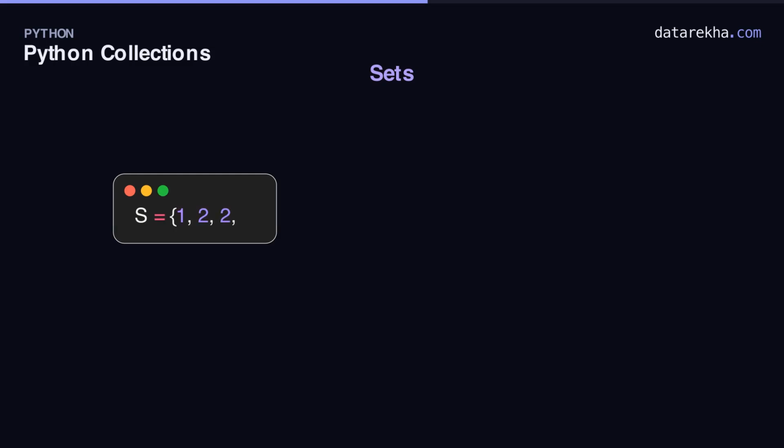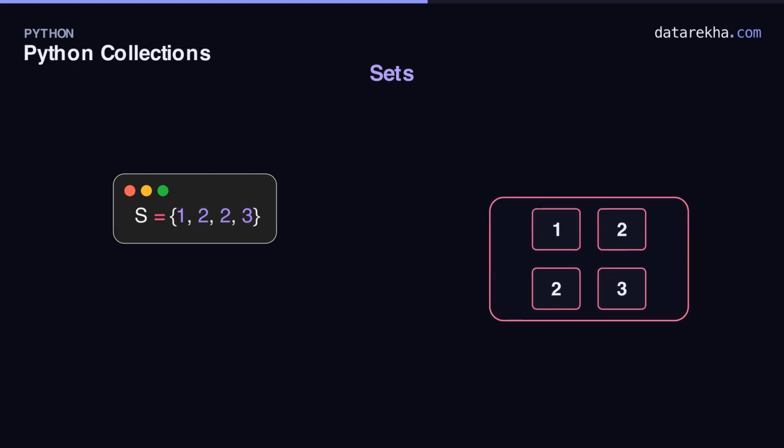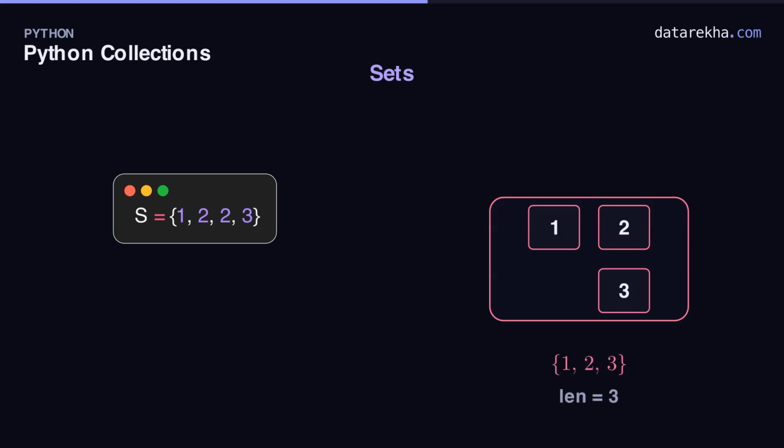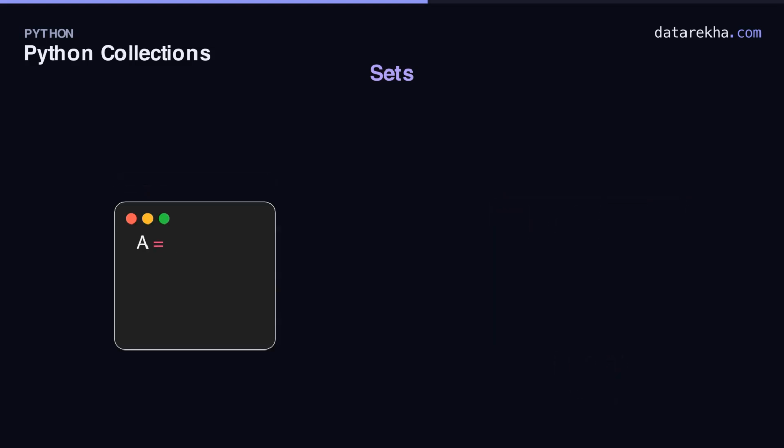A set is a bag of items with one iron rule: no duplicates. Toss in 1, 2, 2, 3, and the second 2 simply vanishes. What remains is 1, 2, 3. Length 3, not 4. Sets quietly deduplicate for you. Sets really shine when you